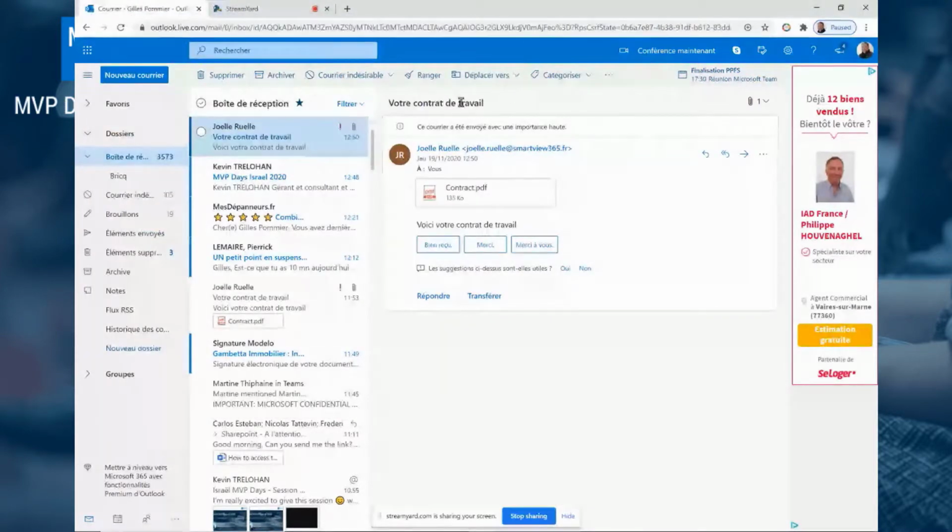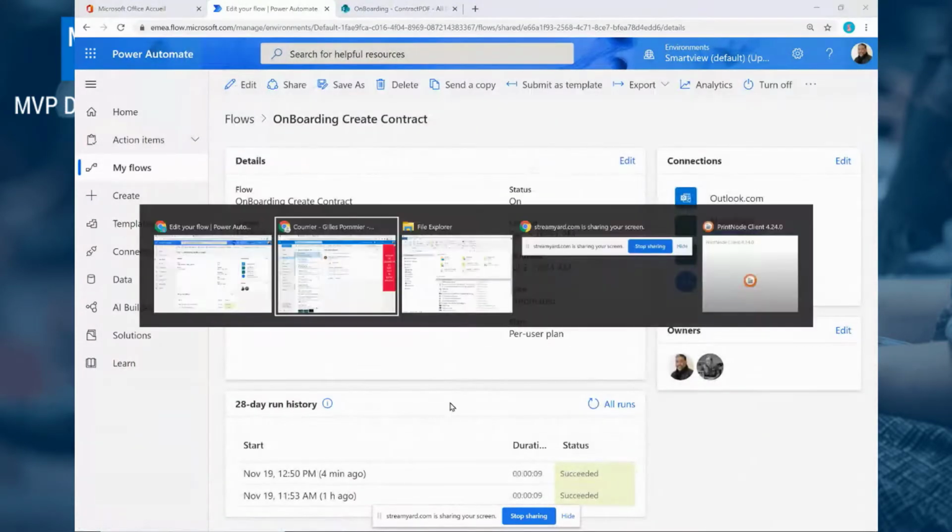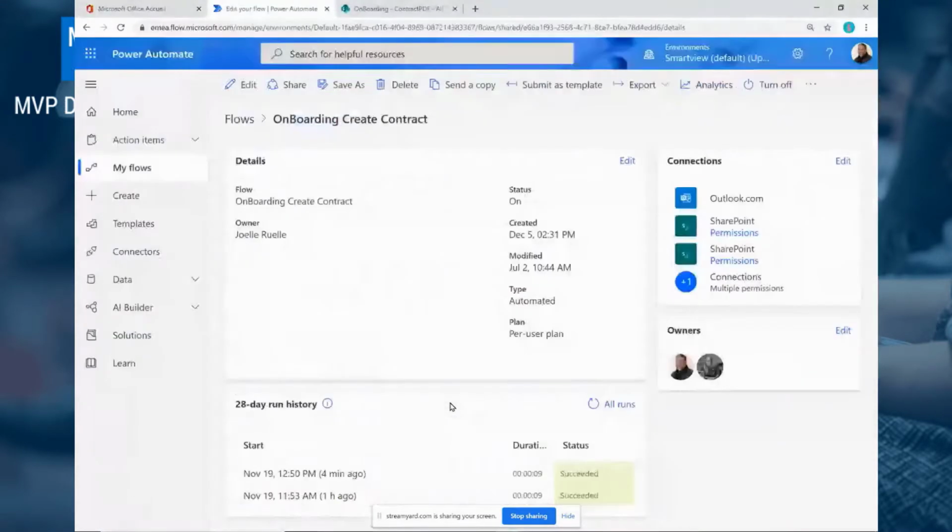There are two important steps. The first one is to create the Word document with all the dynamic areas where you need dynamic information. The second one is to create your Power Automate flow to generate your Word file or your PDF file automatically and send it to the user.